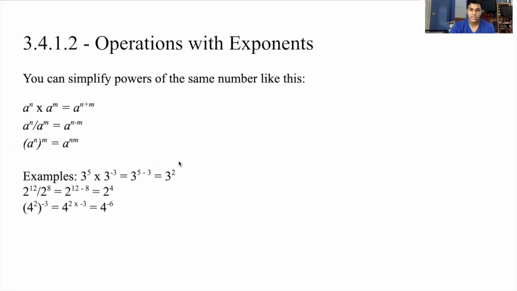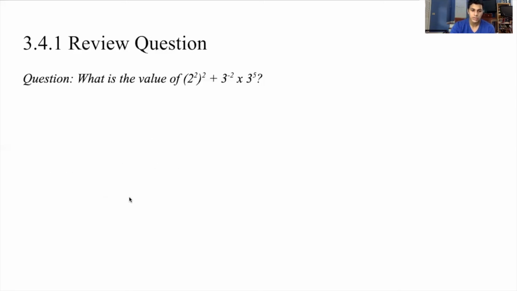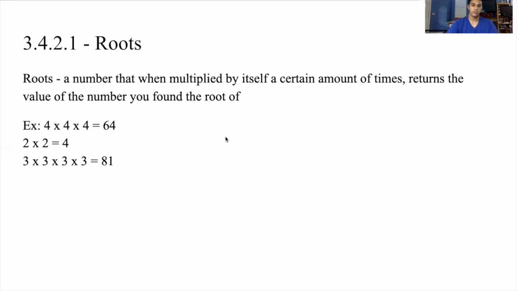And then we looked at some examples with actual numbers. And then we moved on to a review question where we found the value of 2 to the power of 2 to the power of 2 plus 3 to the power of negative 2 times 3 to the power of 5 to be 43. After that, we started talking about roots, which is a number that when multiplied by itself